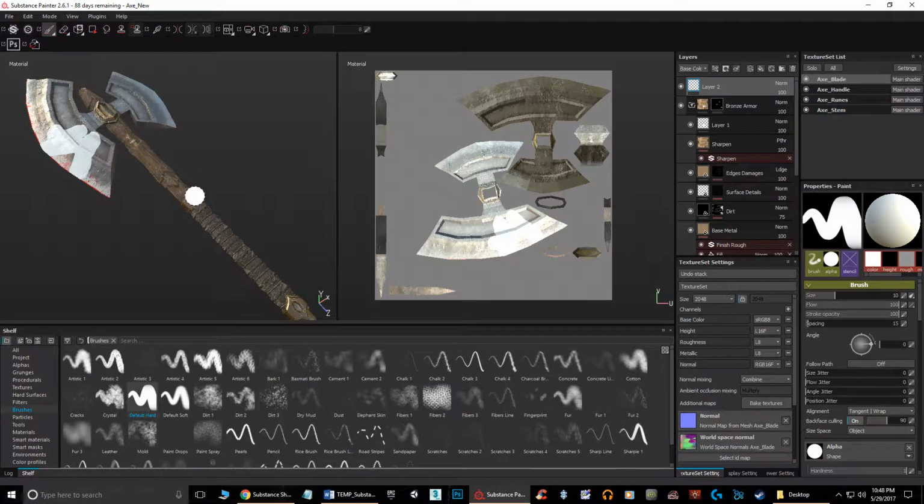So you can literally paint directly on it, which is really the power, of course, of Substance Painter. Okay, and obviously you can also paint directly on the texture and see it show up over here, and they both update in real time. Okay, now the next thing, and like I said, we'll hit these a little bit more in a bit,